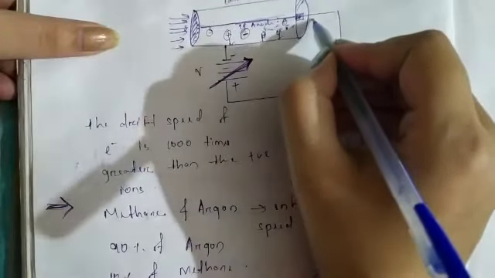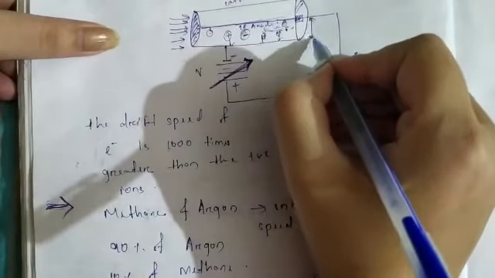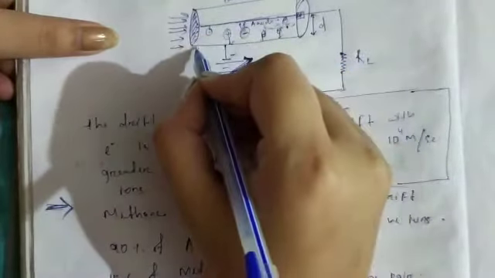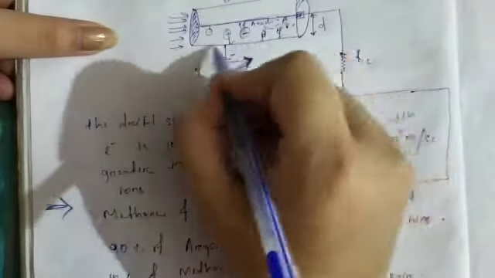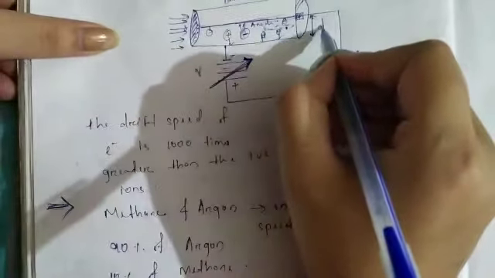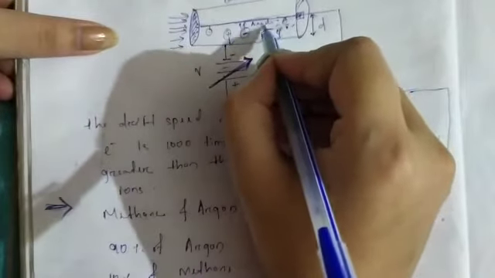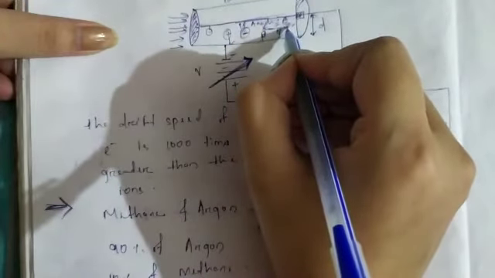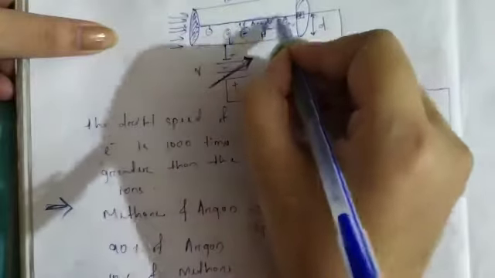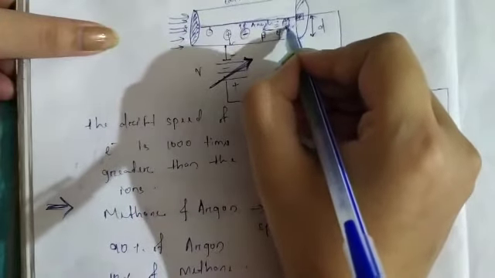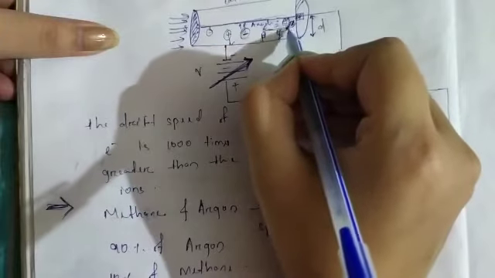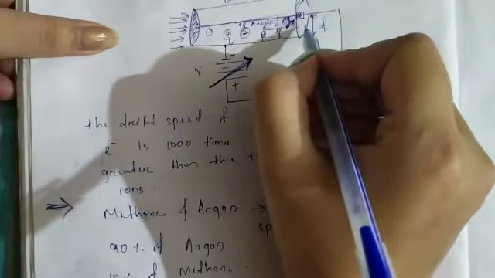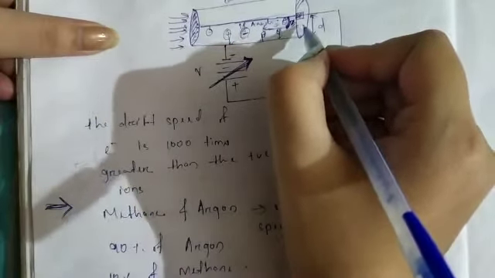Suppose this distance, let it be d, is the distance between the central electrode, which acts as the anode, and the wall of the chamber, that is the cathode. So the distance between anode and cathode, let it be d. If ion formation takes place, then the distance from the central positive anode to the ion pairs, let it be x. This is x, and the distance between anode and cathode is small d.